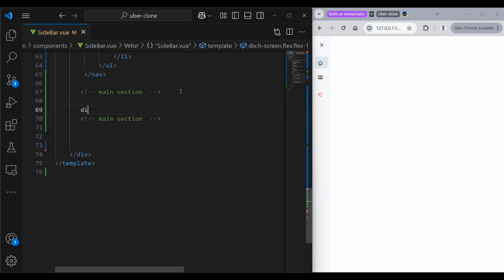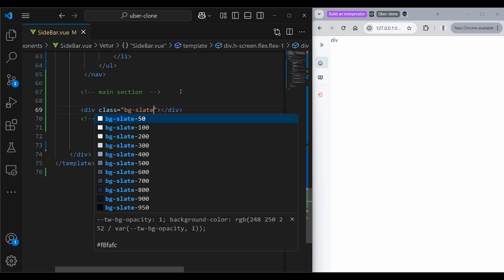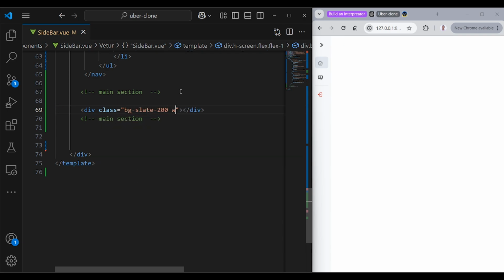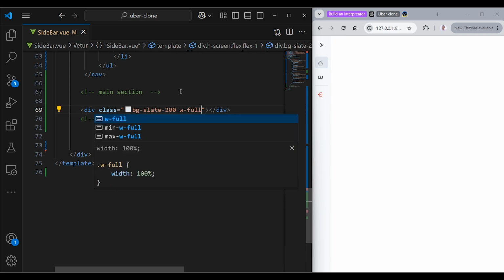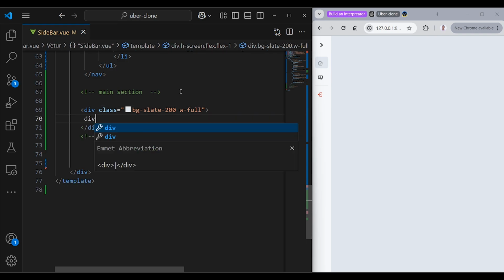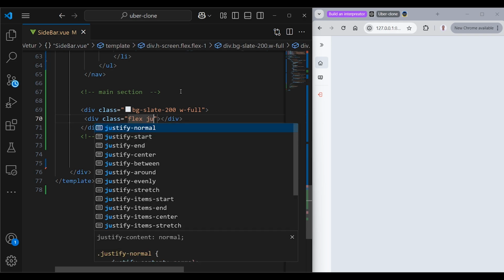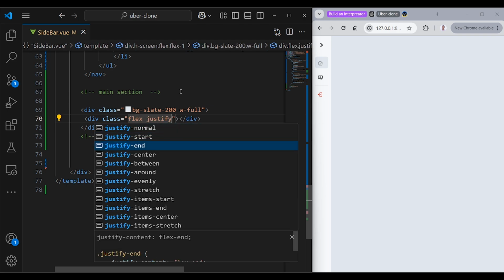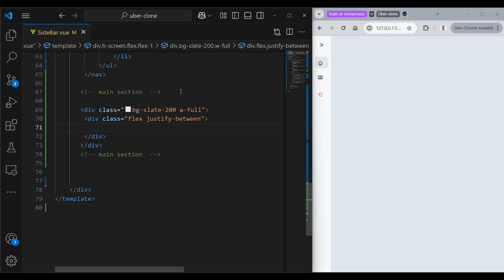And right here, first of all, I'm passing a div and a class. We're going to pass here class is equal to bg-slate-200. And then we're going to take up the full width in x-axis. And here you can see we just apply the bg. And pass here another div, the class right here, we're gonna pass here flex, and then we're gonna pass justify, and we are justify-between. We are going to add a space between divs. Now I'm gonna pass here the first div,